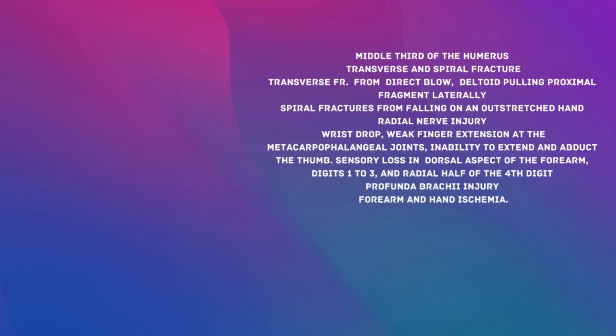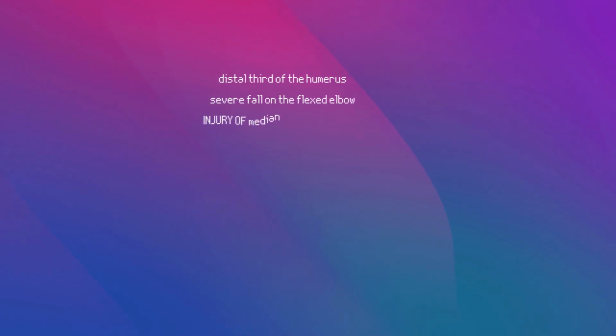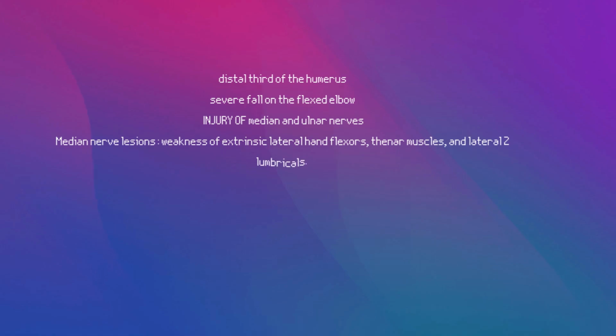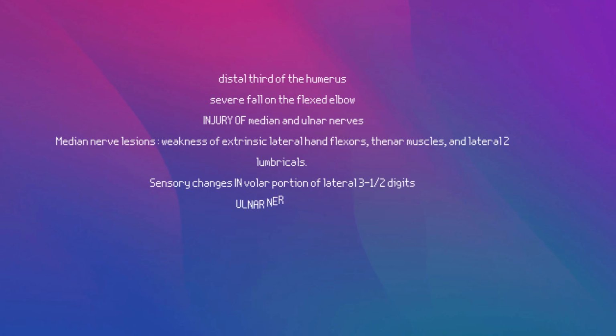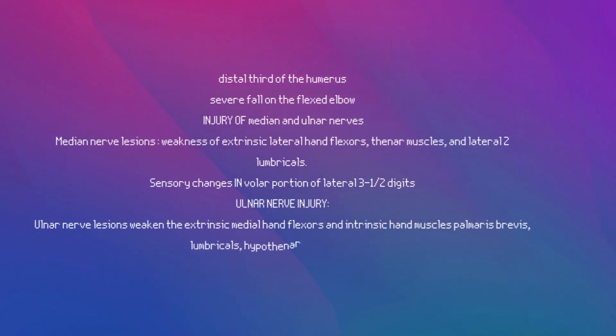Profunda brachii injury is also associated with the middle third of the humerus fractures, and results in forearm and hand ischemia. Distal third of the humerus fractures results when the person falls on the flexed elbow. Injury of the median and ulnar nerve are associated with the distal third of the humerus fractures. Median nerve lesions include weakness of the extrinsic lateral hand flexors, thenar muscles, and the lateral two lumbricals, and sensory changes in the volar portion of the lateral